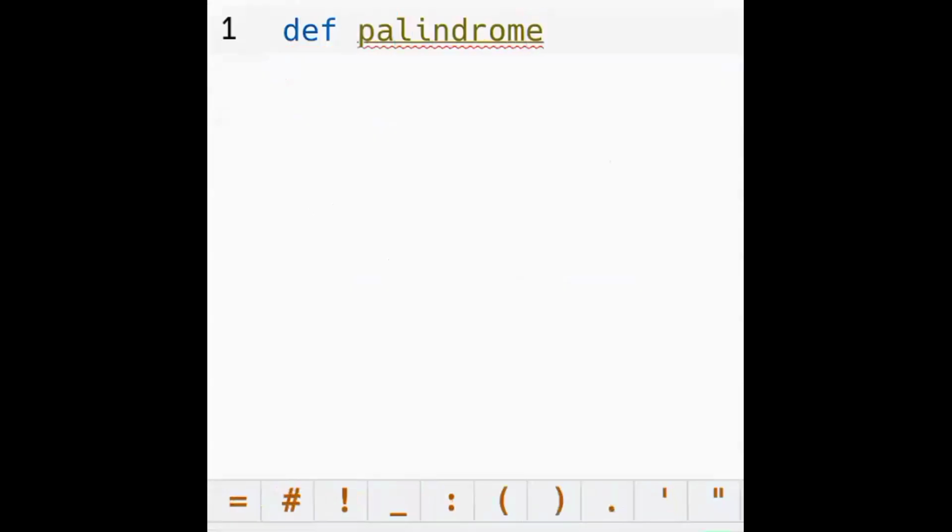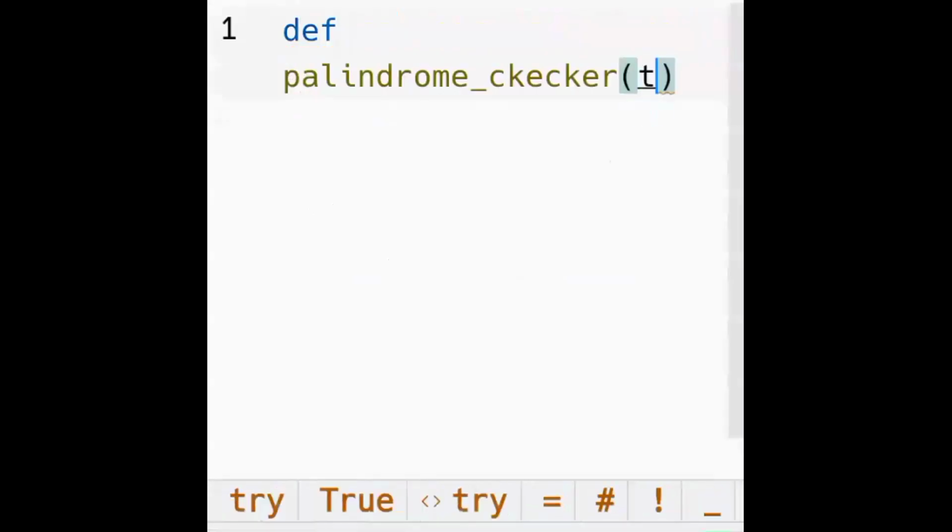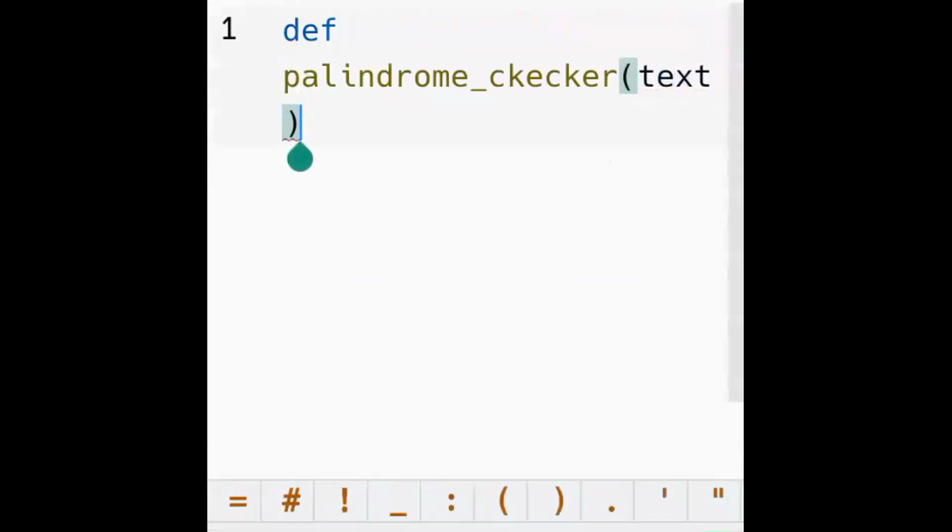So first, for this we define a function and we call it palindrome checker. You can call it anything, and the parameter is going to be obviously text, because we are going to check whether it's a palindrome or not based on the text this time. The user is going to pass a text, and then the feedback will be provided by the app. So define palindrome checker text,